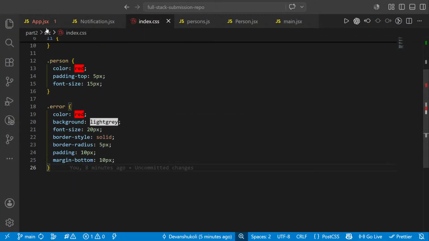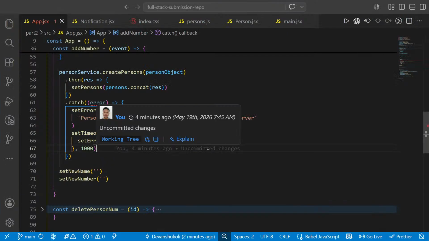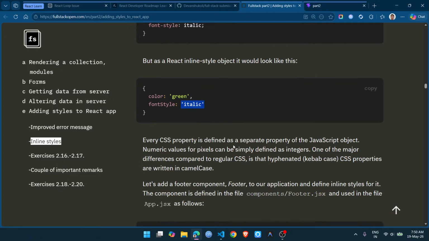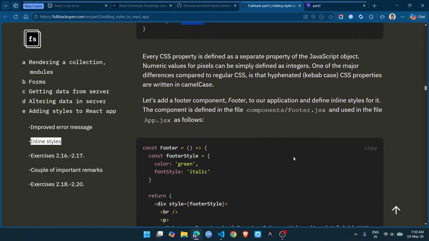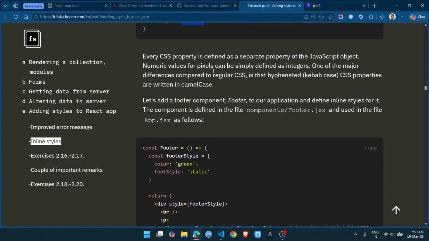Every CSS property is defined as a separate property of the JavaScript object. Numeric values for pixels can be simply defined as integers. One of the major differences compared to regular CSS is that hyphenated